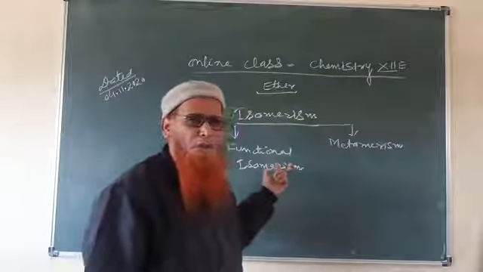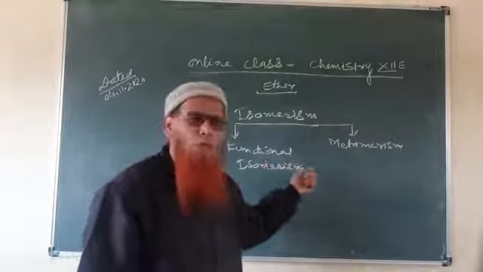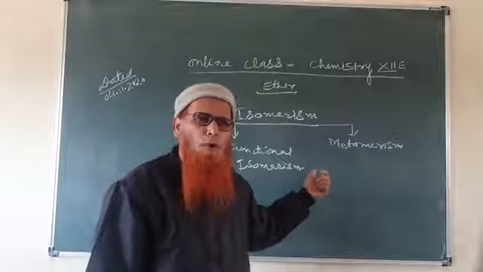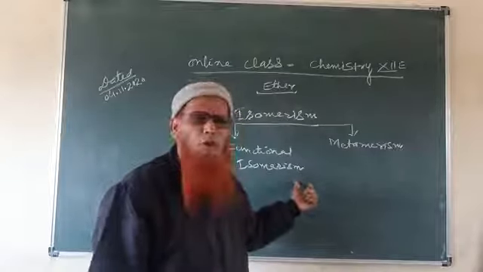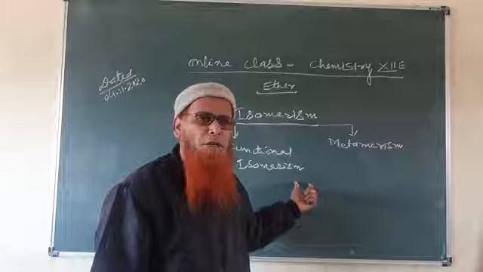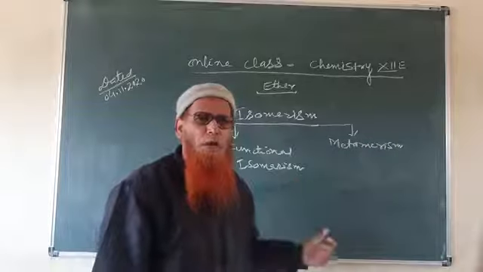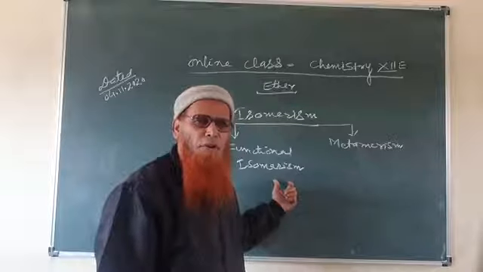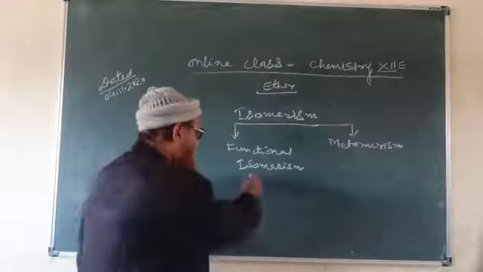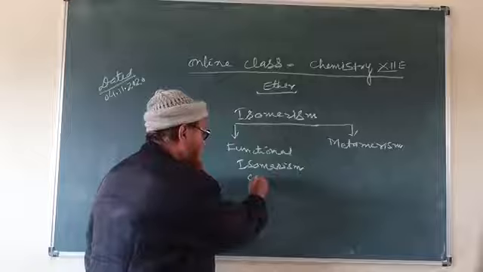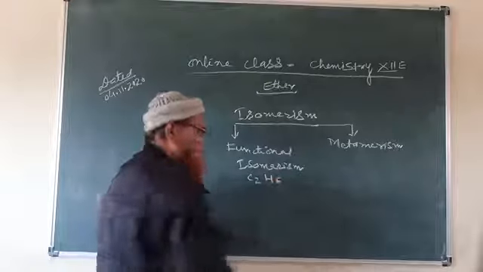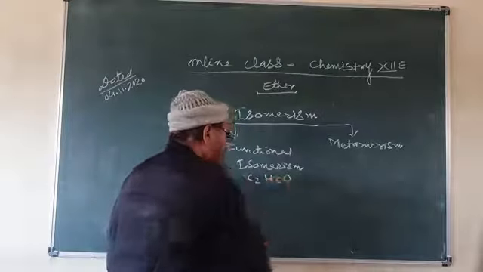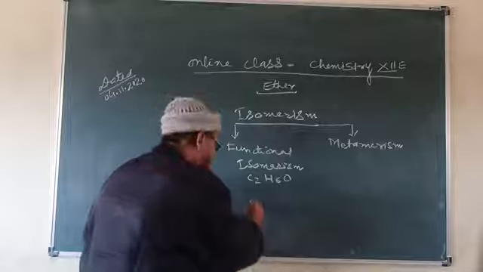What is the functional isomerism? Functional isomerism means two or more isomers are found due to the difference in the functional group. Two or more isomers are formed due to the difference in functional group. For example, a formula is given, C2H6O. We can write it